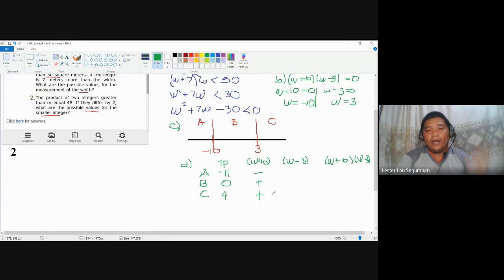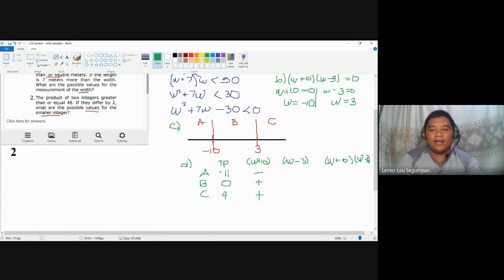Why is it, sir, that we don't need to look at the value? Of course, this is just one test point. We can have many test points here. You can choose 5. So if it's 5, it's a different value. You can choose 100, you can choose 1 million. So with test points, you have the option to choose your own. So if you're talking about the value, they will really differ. So never mind, just look for the signs because later on they will just be multiplied. Whatever the value of this, the value of that, you will multiply and get the value, that's a very big hassle. Simply choose the signs.